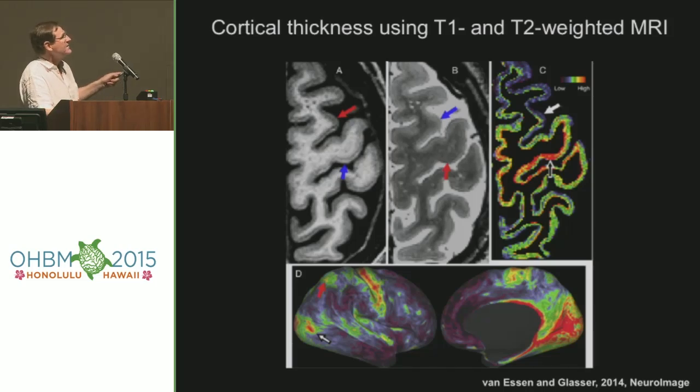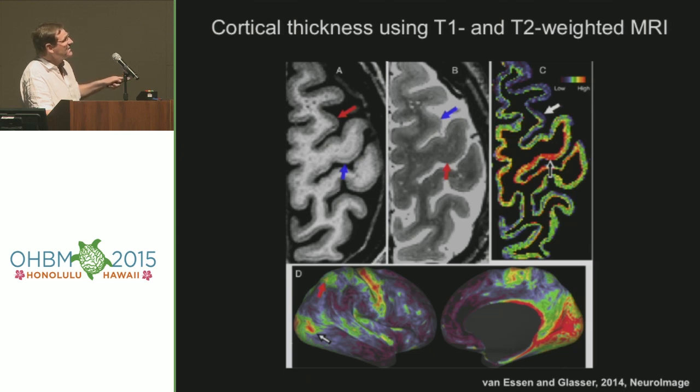You've just heard from David one of the other issues of contrast difference, and this is a real biological bias field. We have areas, for instance, in the precentral gyrus, which have very different amounts of myelin in cortex. So we see differences between this region here and this region here in T1 intensity and in T2 intensity, which can be